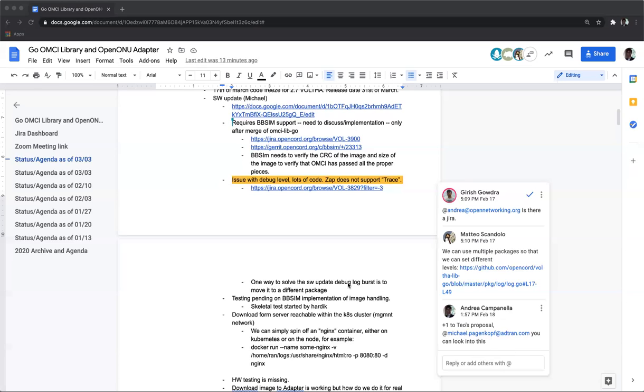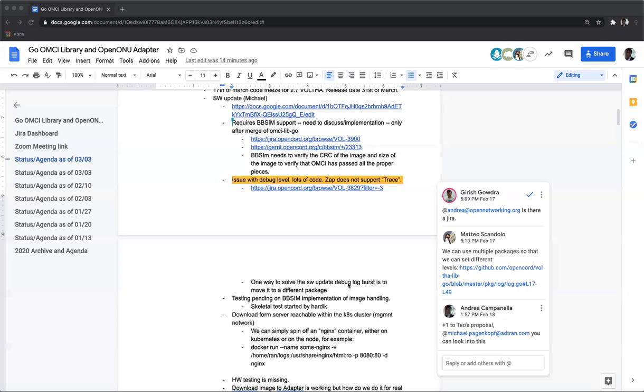Right. That sounds fine by me. Yeah, that's totally fine by me. Anybody has any thoughts on what we should do? Is there a cancel download image? If there are some failure scenarios supported, we should try and have that. Fair enough. That's true. We do have a cancel download and cancel activate, but I'm not sure which ones are implemented.